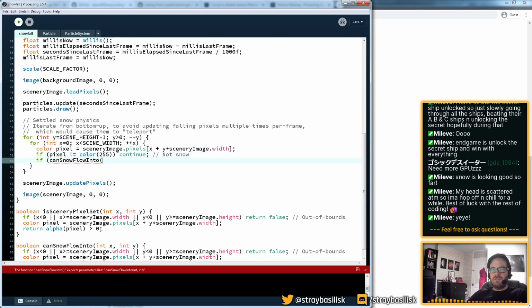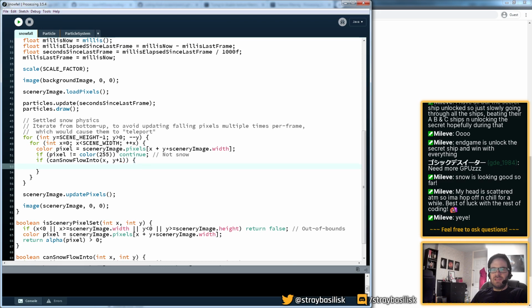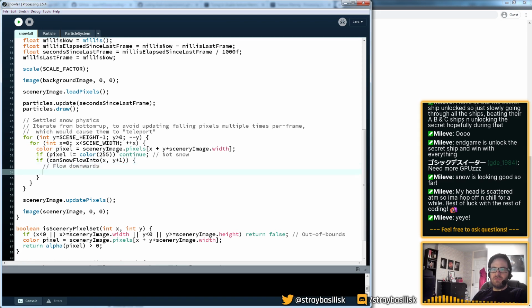If can snow flow into x, y plus 1, then we kind of want to move it down. So all we want to do is set